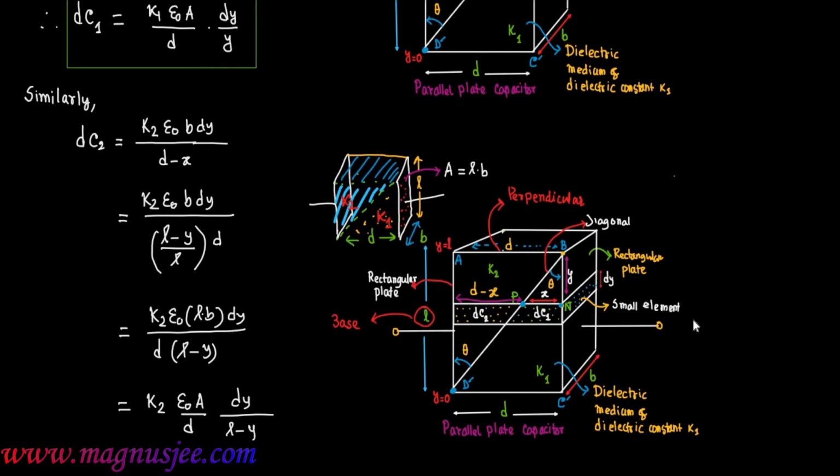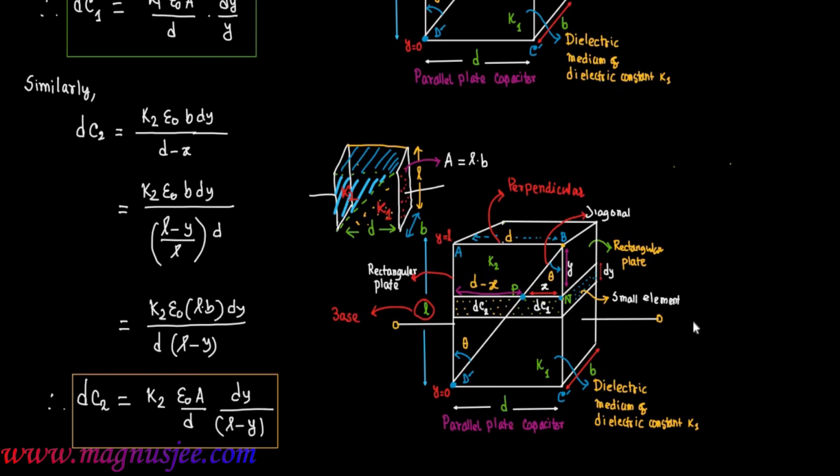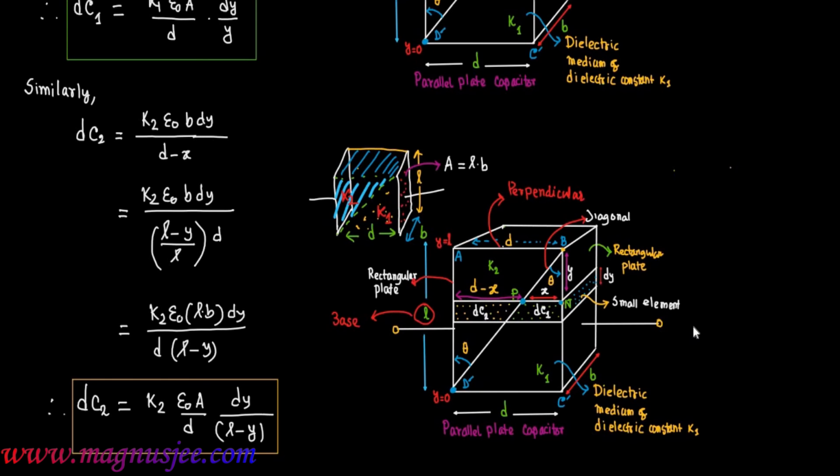This is the expression of dC2. Therefore, dC2 is equal to K2 epsilon 0 A divided by d into dy by (L minus y),